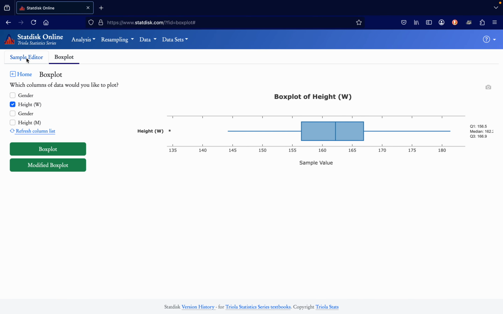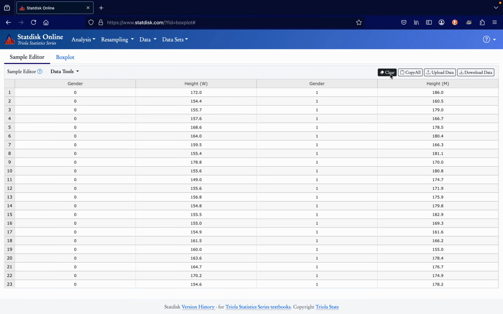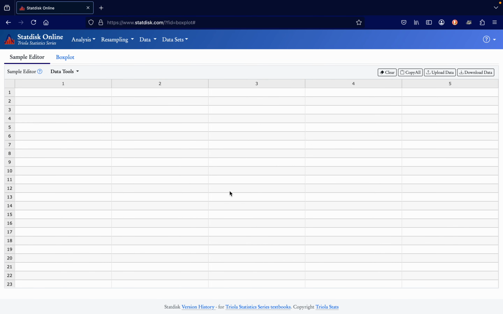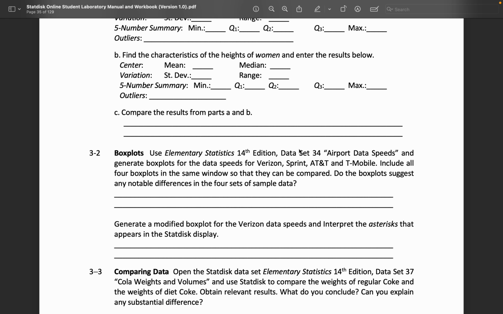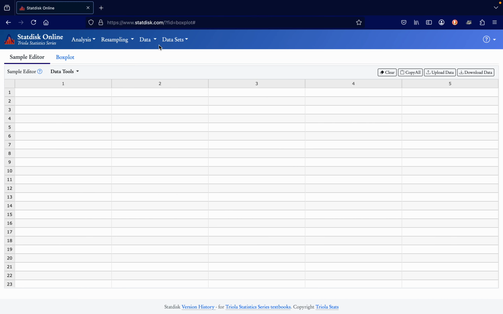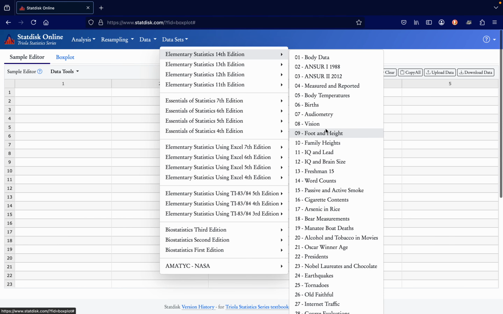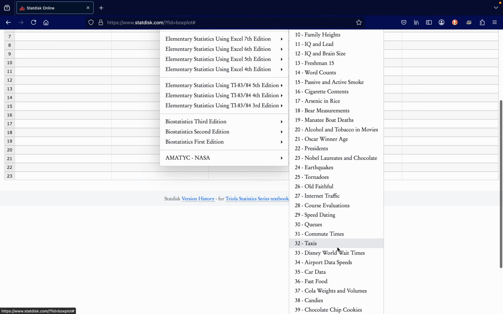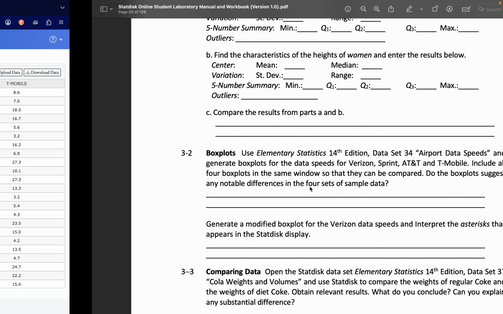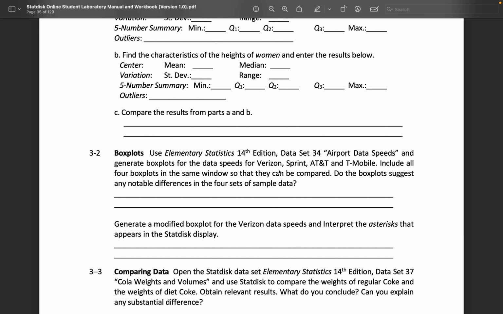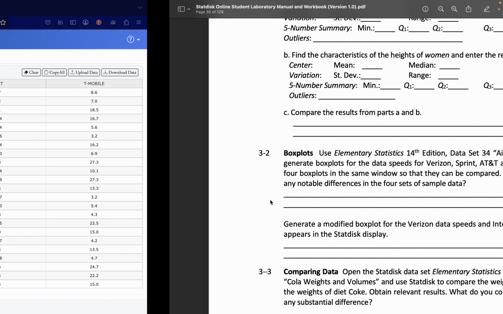Okay, so you also want to do question number 3 too. For 3.2, we'll go back here. We'll clear all of this, and then we'll look at data set number 34. So we get data set here, and here is data set 34. And then you're asked to construct 4 box plots in the same window so that they can all be compared.